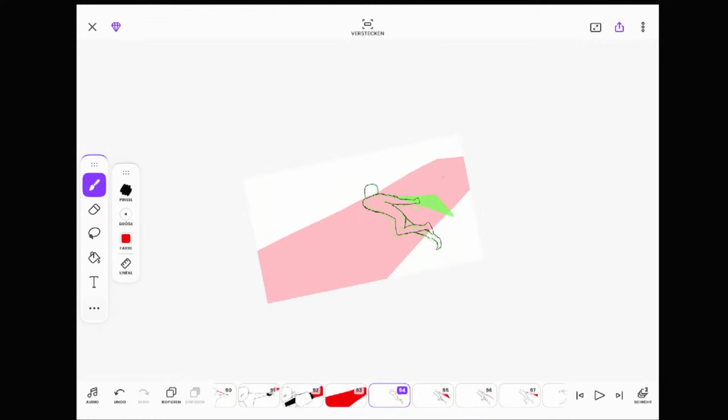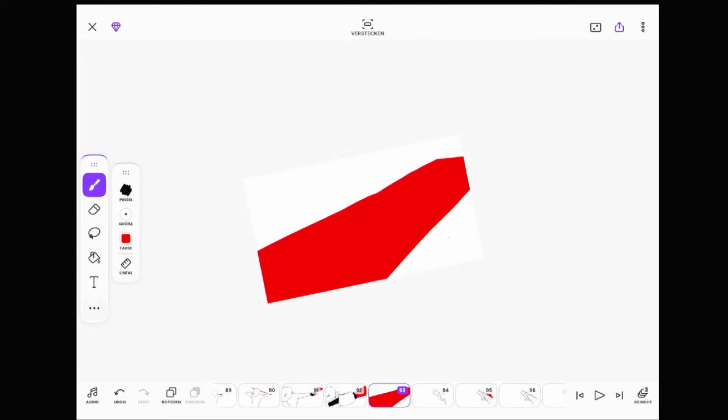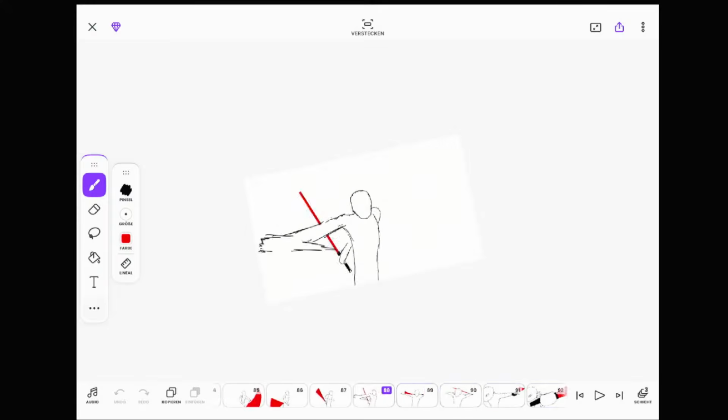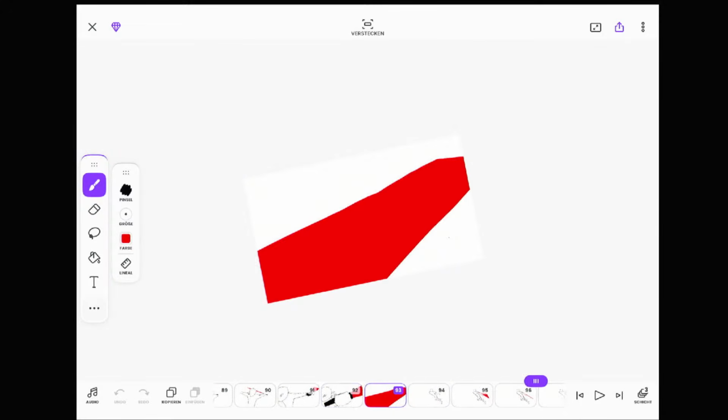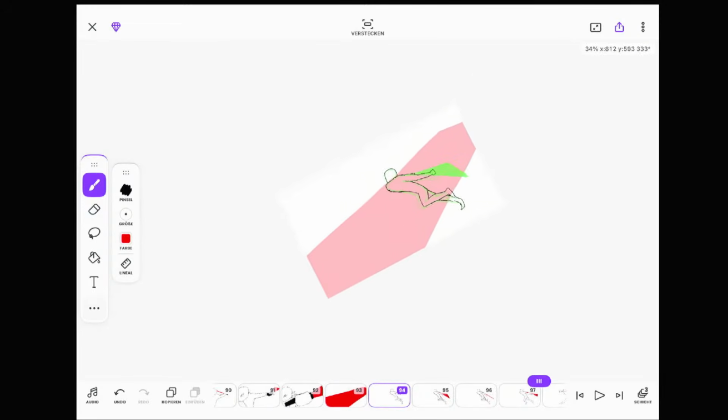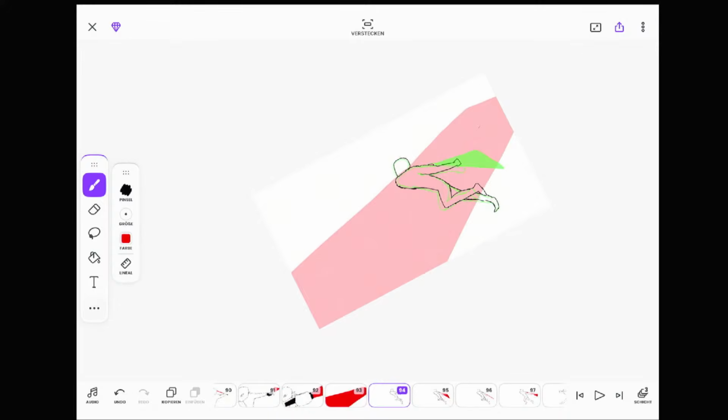Then I need to delete this because I have this frame and it needs to continue in this animation right here. Swinging it from the top.